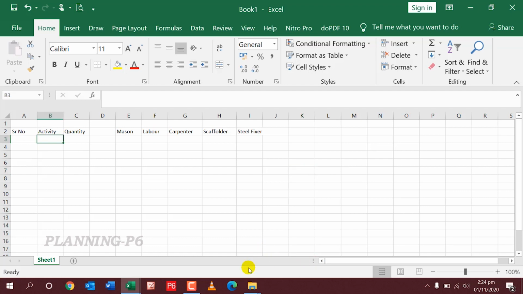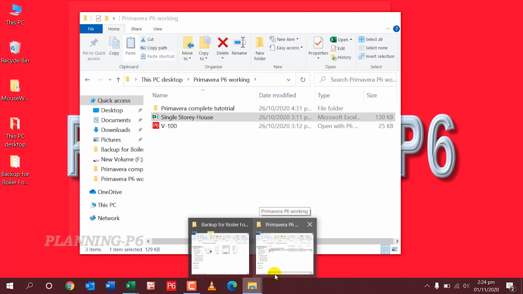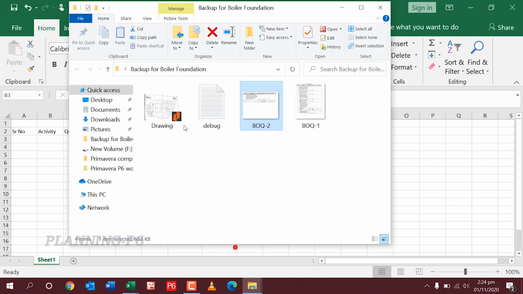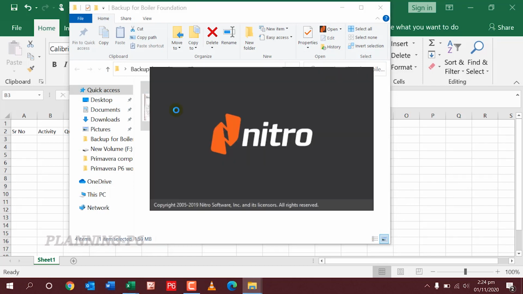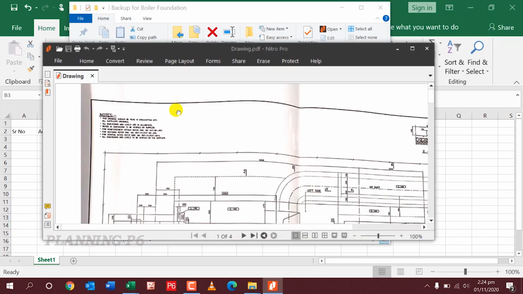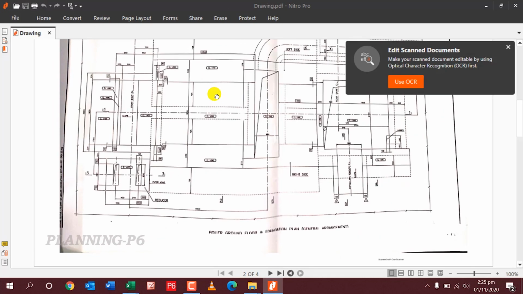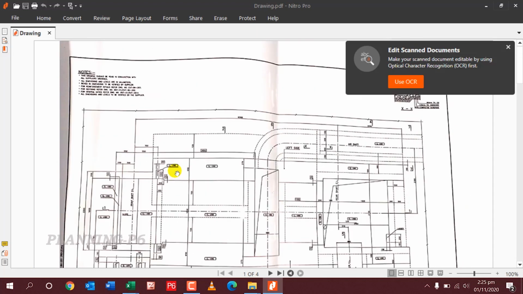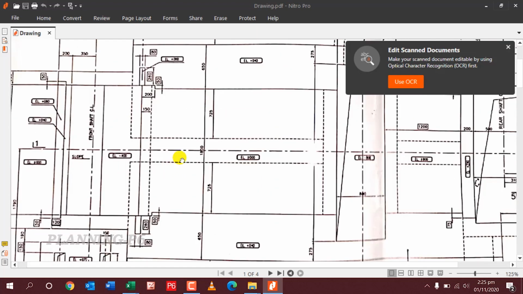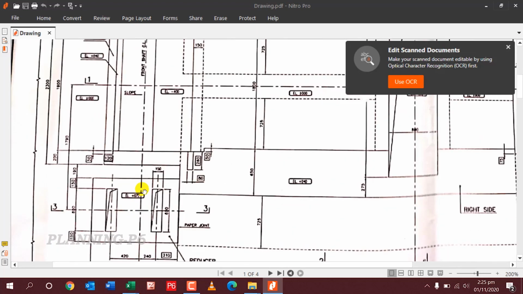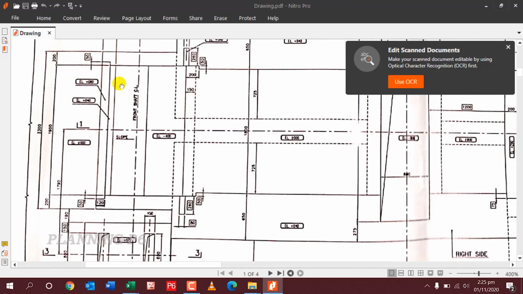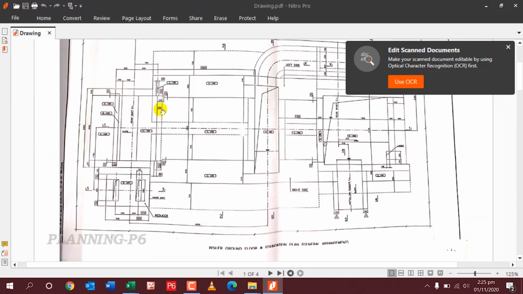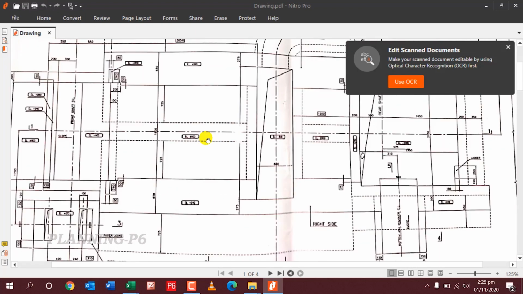I will show you the drawing first, so you get an idea what the work should be. This is a plan of the boiler foundation. You can see here this is the reducer, this is the front shaft, this is the air duct here.